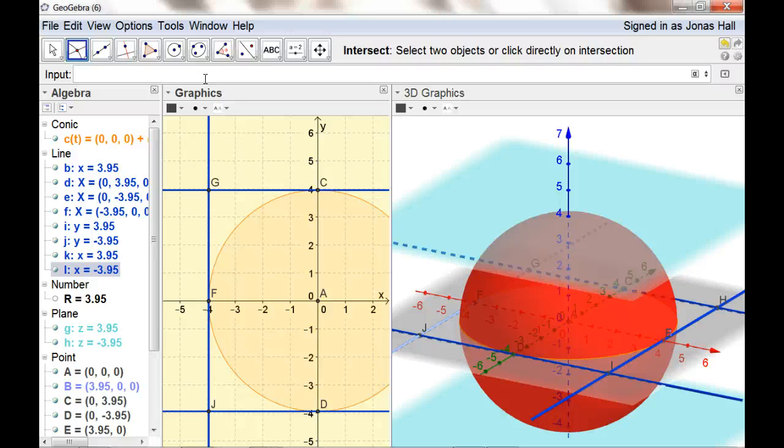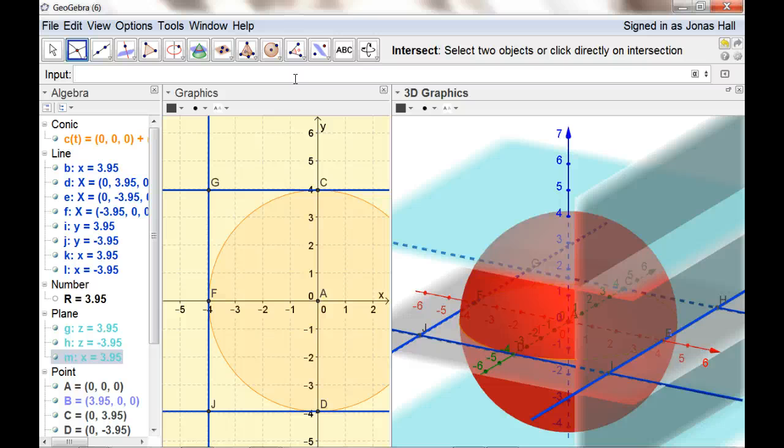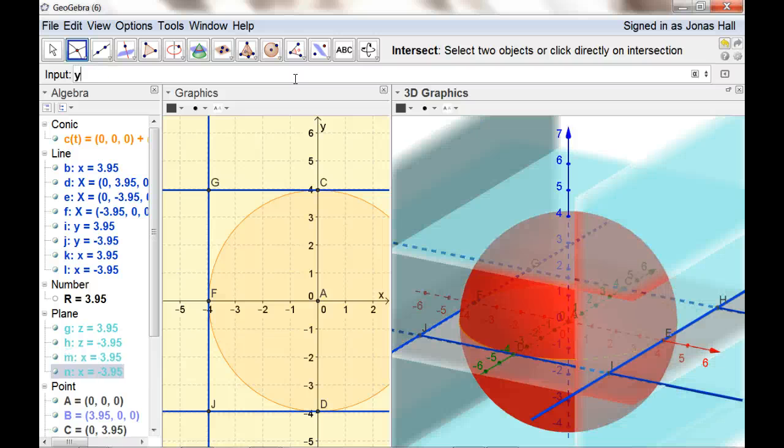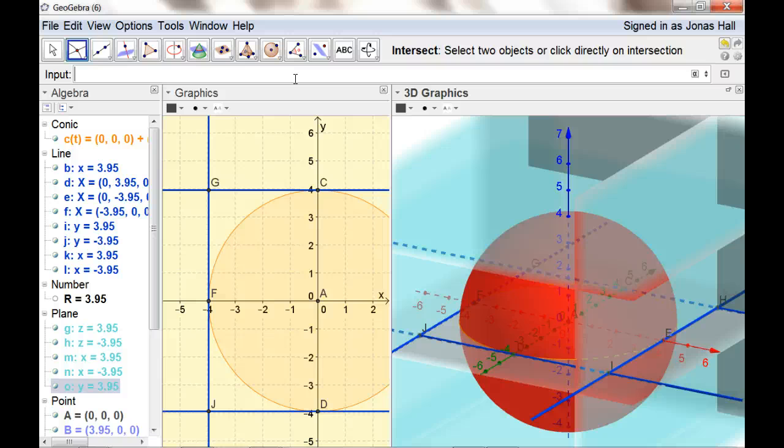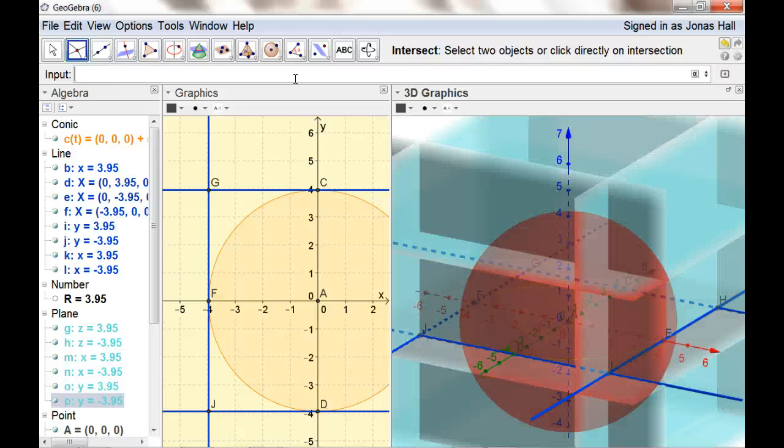Oh, that's interesting. It made lines from that rather than planes. Do I have to be here to do the planes? x equals r. Yes, I was in the wrong window. x equals minus r. y equals r. y equals minus r. Okay, so I've boxed it in,